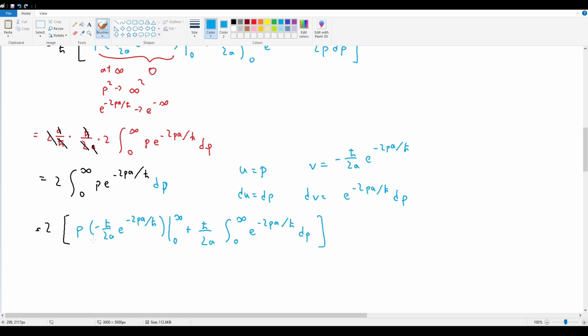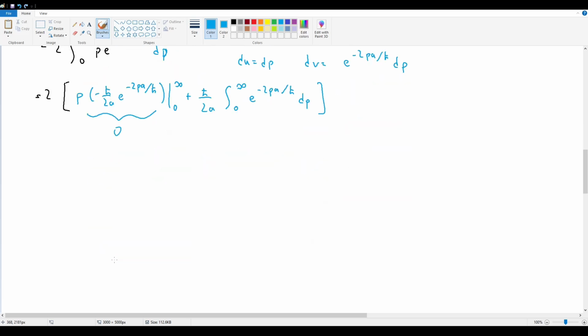Okay, for the same reason here, you have a p and you have an e to the negative. So p goes to infinity, e goes to e to the power of negative infinity. So the exponential dominates the p, in which case this term just goes to 0. So I'm left with the expectation value of p squared is equal to 2 cancels out with 2 at the bottom, h bar over a, integral from 0 to infinity, e to the negative 2pa divided by h bar dp,